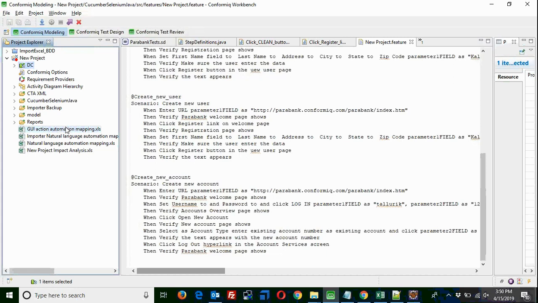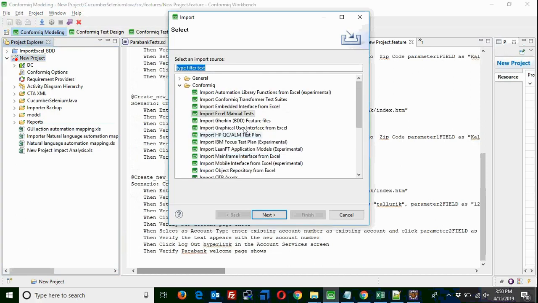No. Confirmic has a lot of import options here. One option is importing Excel-based manual test cases. Another option is if the test cases are maintained in QC ALM, be it in a test plan format or in BPTs or BPCs, it can convert those too. And we have one more option to import feature files. A feature file is nothing but a regular way of writing a scenario with simple when and then statements along with the data elements as well.